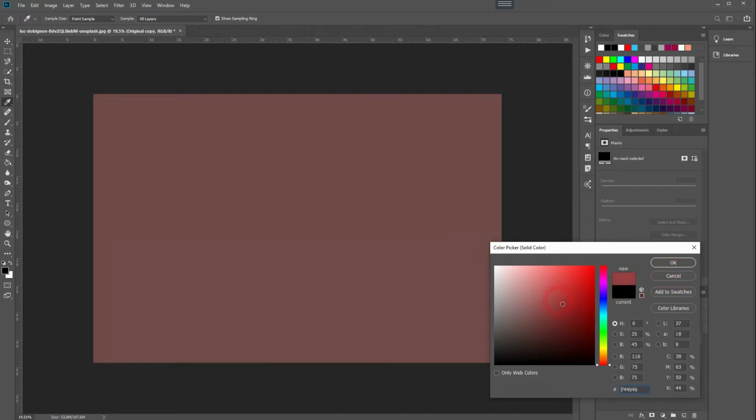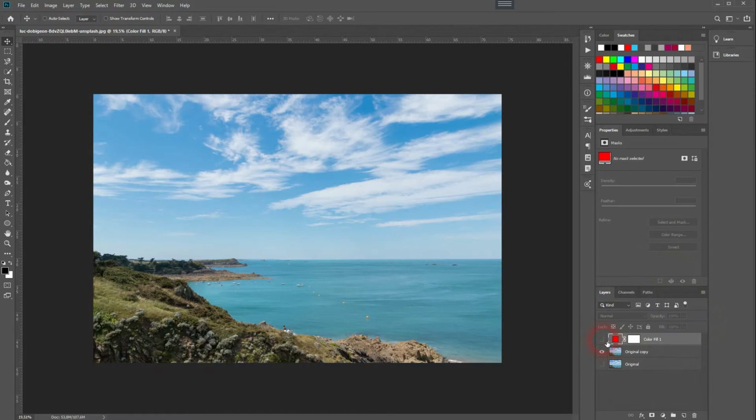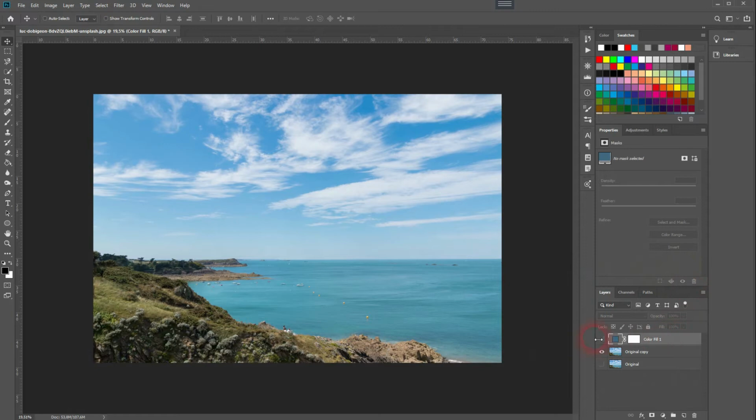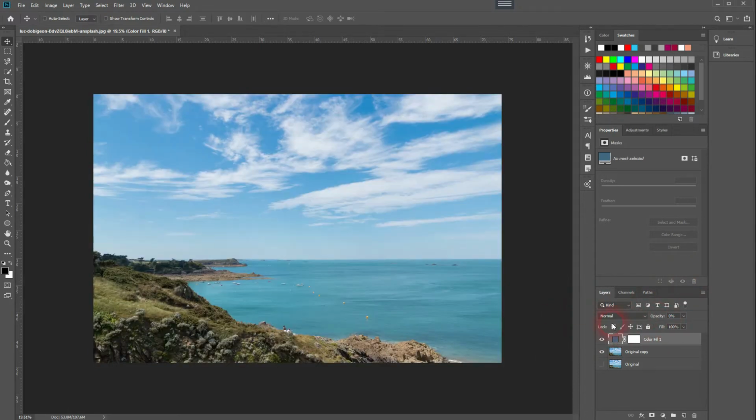We need an adjustment layer, solid color. The color doesn't matter. Let me just make that red for now. I'll make it invisible, then I double click on the color of the solid color adjustment layer. Then I use the color picker tool and sample a color from the image, and I'll make it a little bit darker. You play around with the opacity and you can see it adjusts the color, but I'll make it